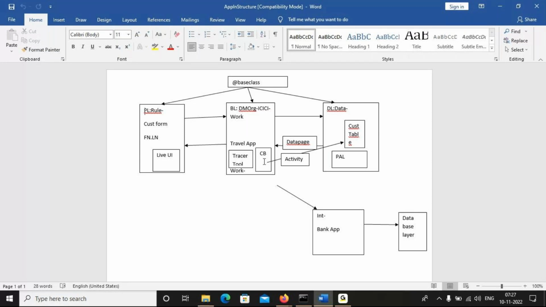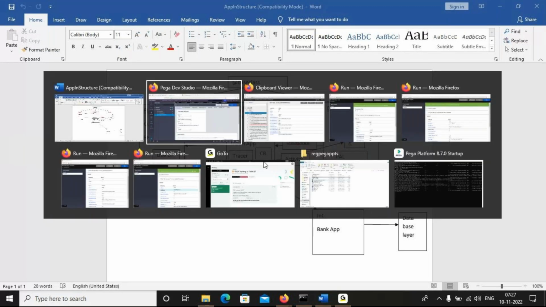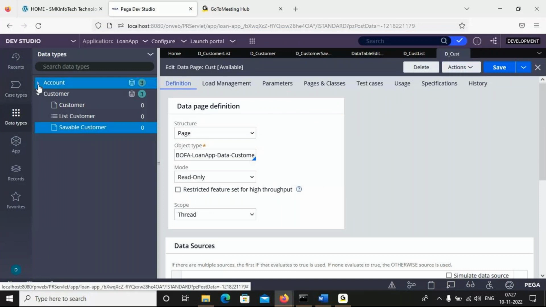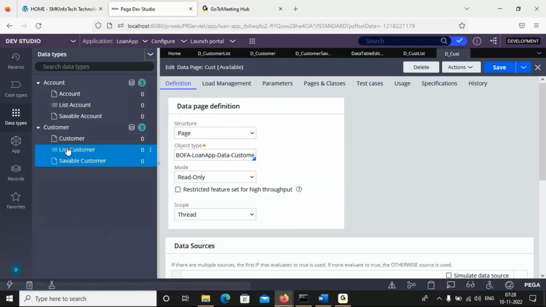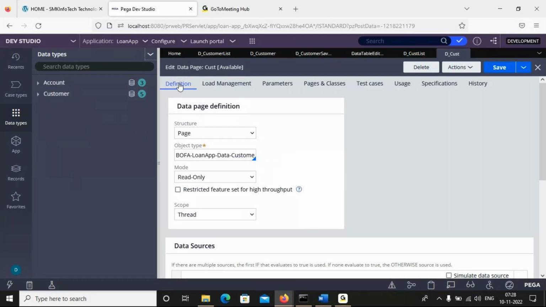Finally, when you create the table, it automatically creates the data pages. See, if you refresh this one, you created two more data pages for the customer. As of now, it is showing only two. Refresh three. Now it will come under two more. That is what we created, right? Five. See the count.